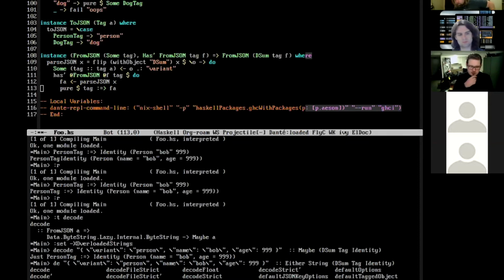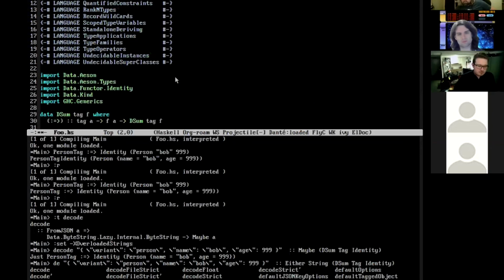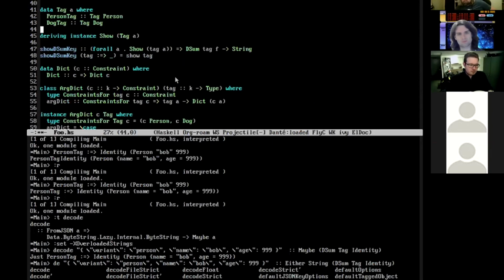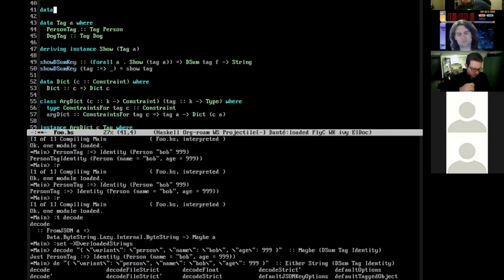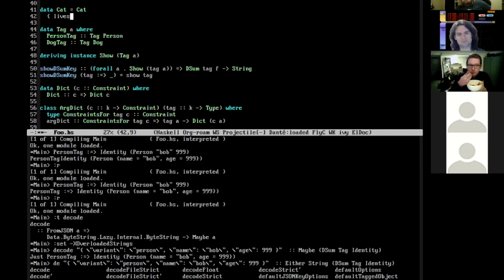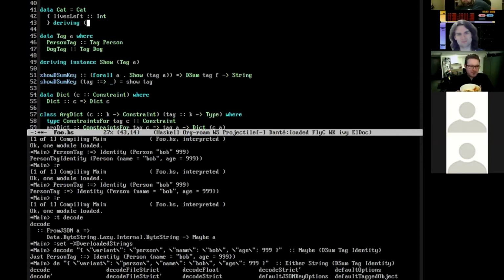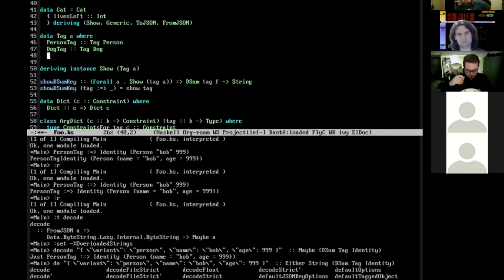So Jack, it seems to me like the power of this comes from when you need to start extending this. So if you added a cat to this, how much work is it to now add cat? All right, so I need a data type for cat. And so we have a cat tag.